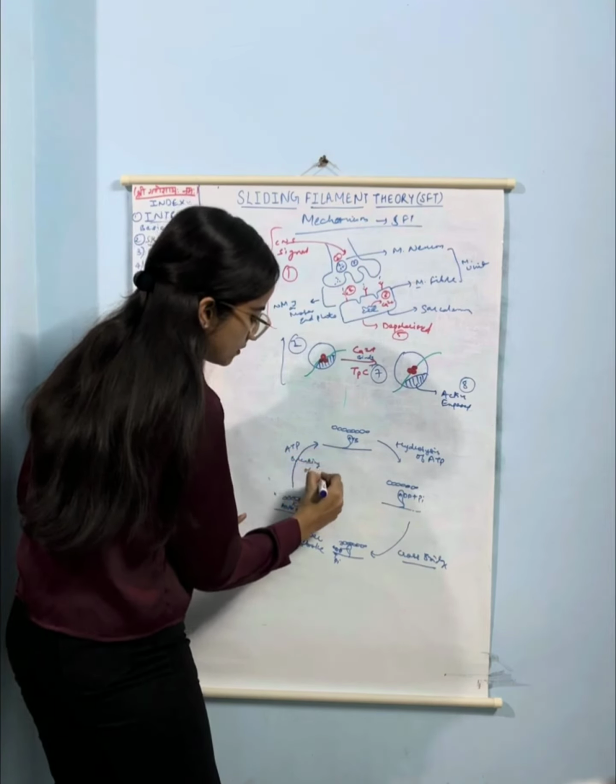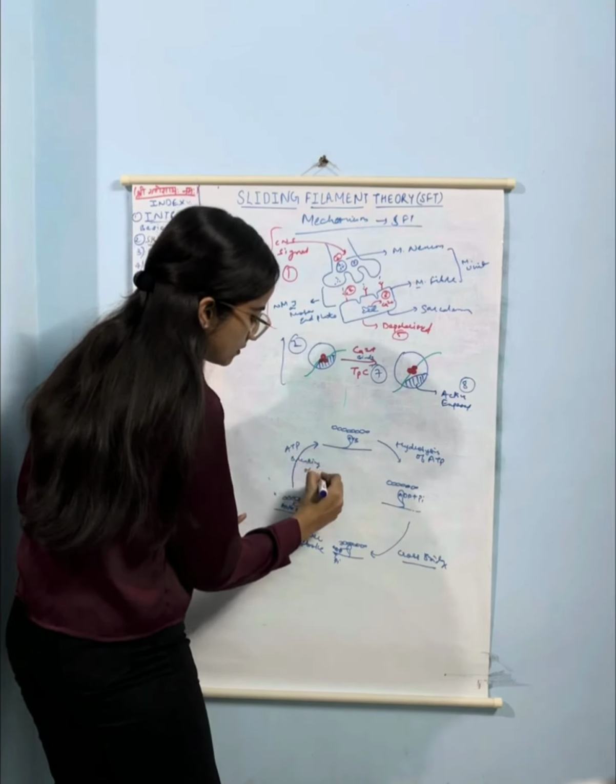So this is my third diagram or last diagram, which is also given in NCERT on this topic. So they have given this. An ATP molecule binds to this myosin head, then gets split into ADP and P molecule due to hydrolysis. Then the myosin head utilizes the energy to form a cross bridge with actin, and then again ADP and P molecule get removed from this myosin head, and it experiences a power stroke which results in the rotation of its myosin head and sliding of the thin filament towards the center of the sarcomere, and the process will continue. So this is the diagram which is given in NCERT.